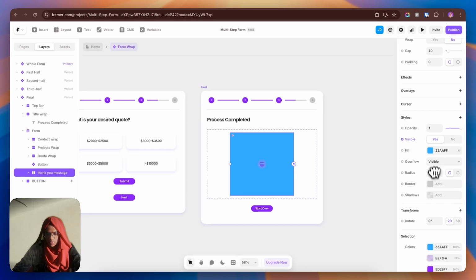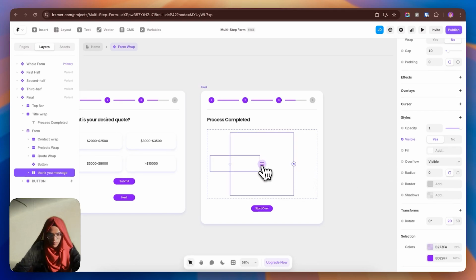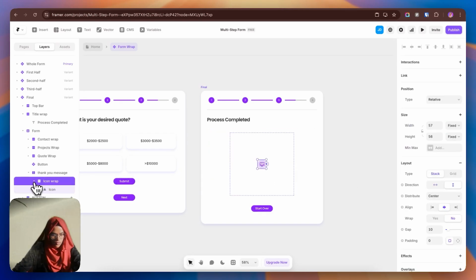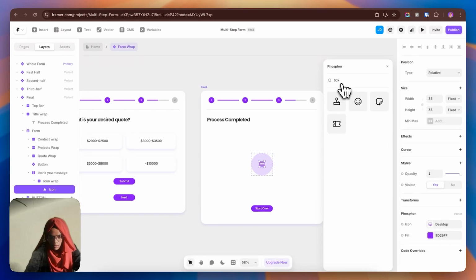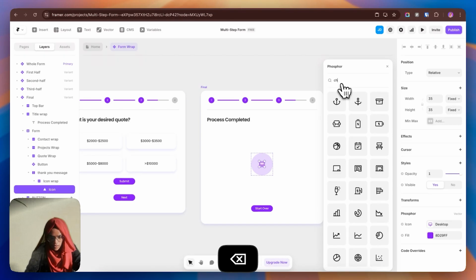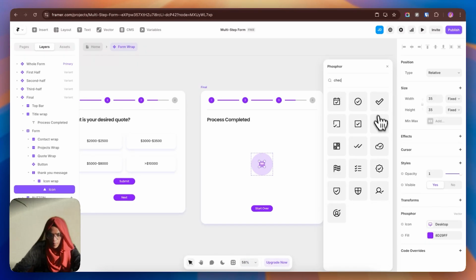So coming to this one, let me take out this one, and this is the icon wrap. Let me increase it. Okay, and coming to this icon, this will be tick, check. Okay, and let me increase this also,